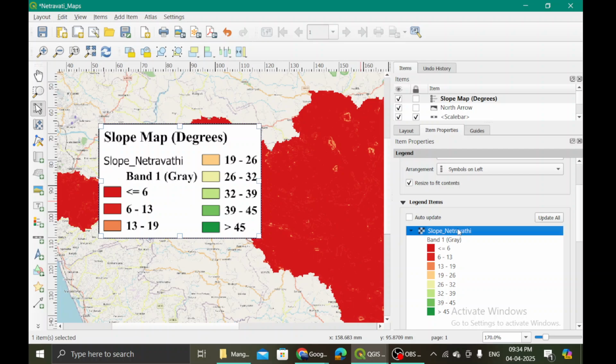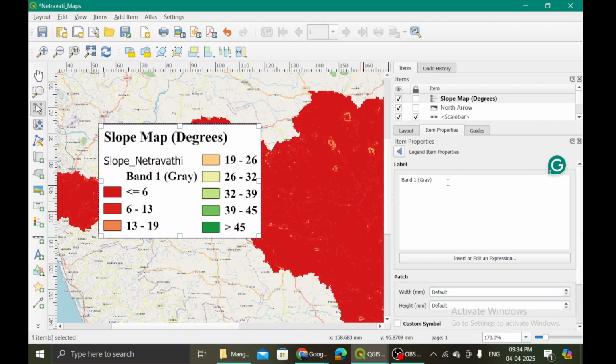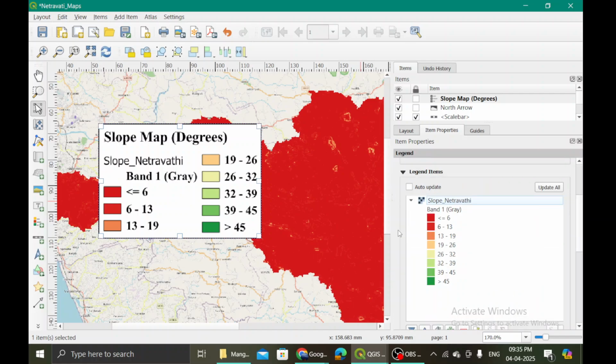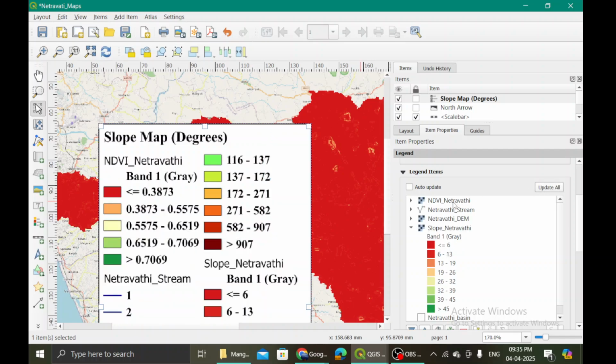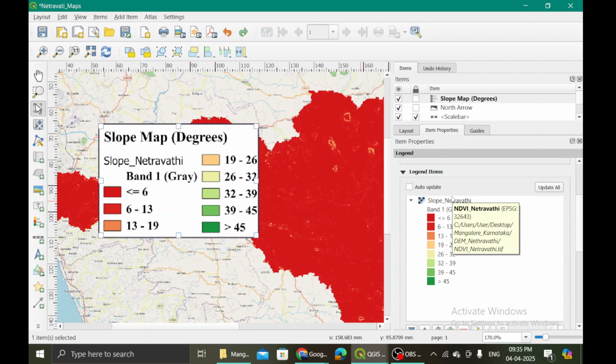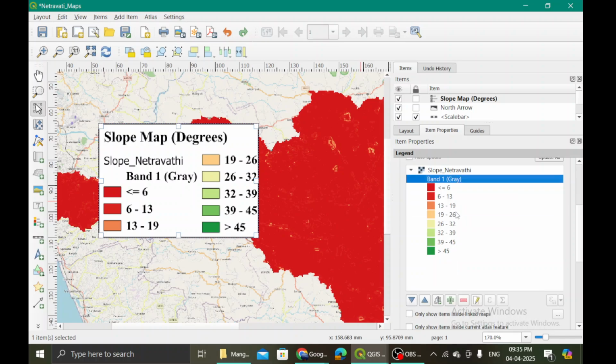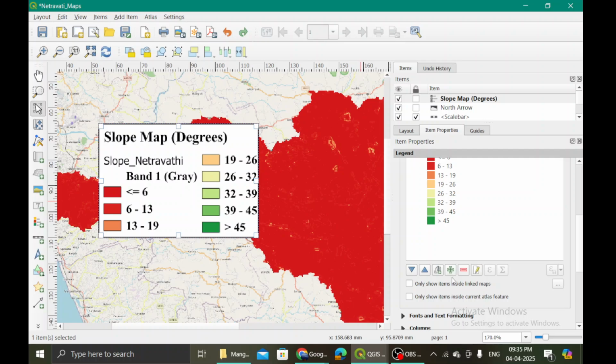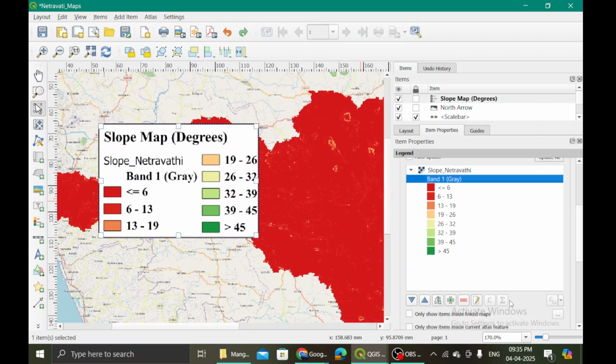Why is it not going? Update. No. Don't set. I'm just trying to remove this. Show only items inside, meaning band items in this first feature. Okay.